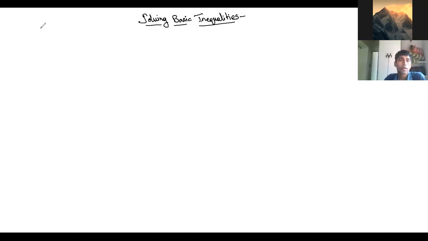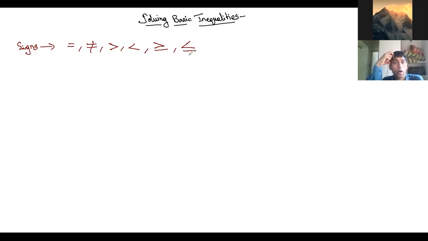So everyone must be knowing the basic inequality signs. What are the signs which we use in inequality? This is equal to, does not equal to, greater than, lesser than, greater than or equal to, lesser than or equal to. Okay. So as of now, these are the basic signs which everyone should know. What is the meaning of these symbols? Most of you know. For example, if I say